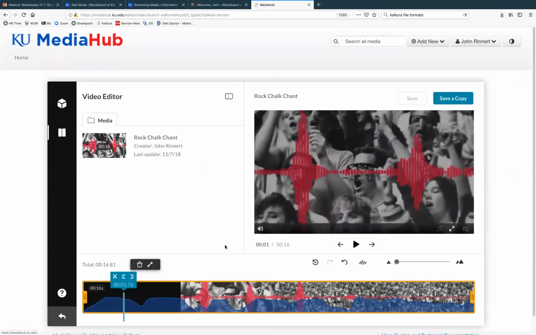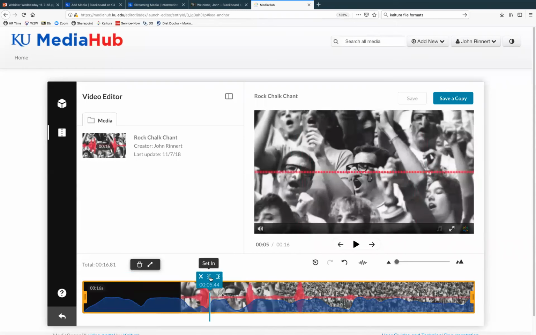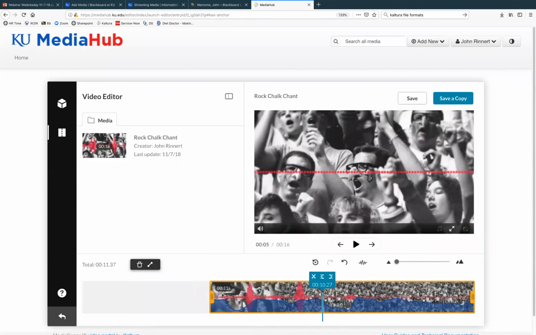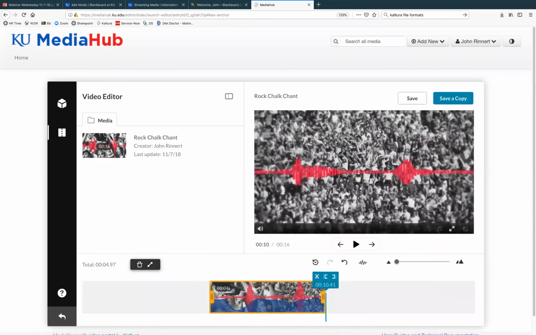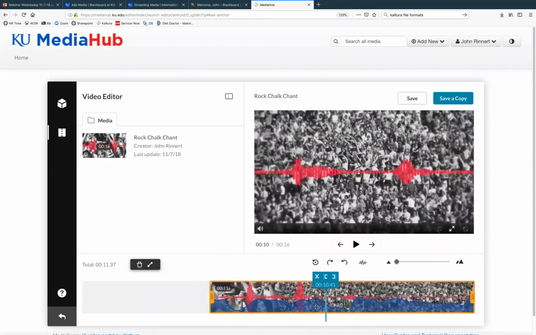This editor is really easy to use. You can trim the ends. It also has, if you use the playhead here, I can take my playhead, so I can set my in and my out, which is the same as trimming. So I can set my in and my out, so that now I have a new length of a video.